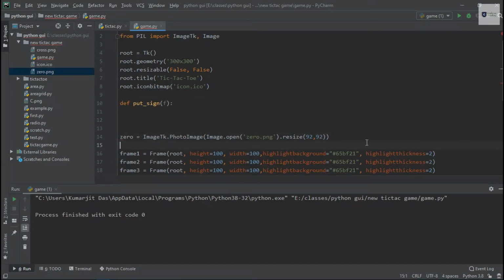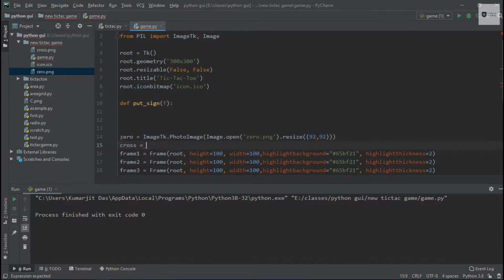And just like the zero image, let's make the cross image also. I have to make this a tuple, because this resize function takes a tuple, an iterable, as a parameter. So I've used this as a tuple.